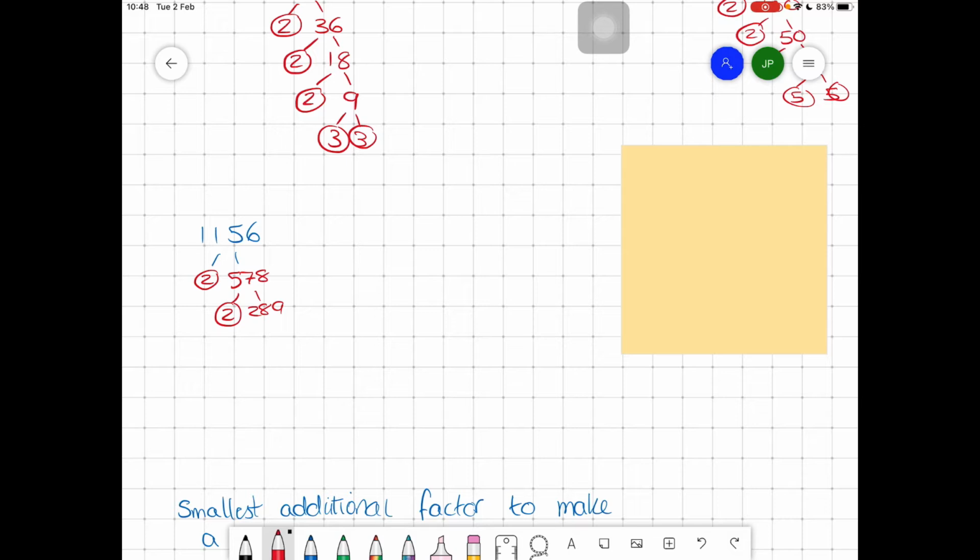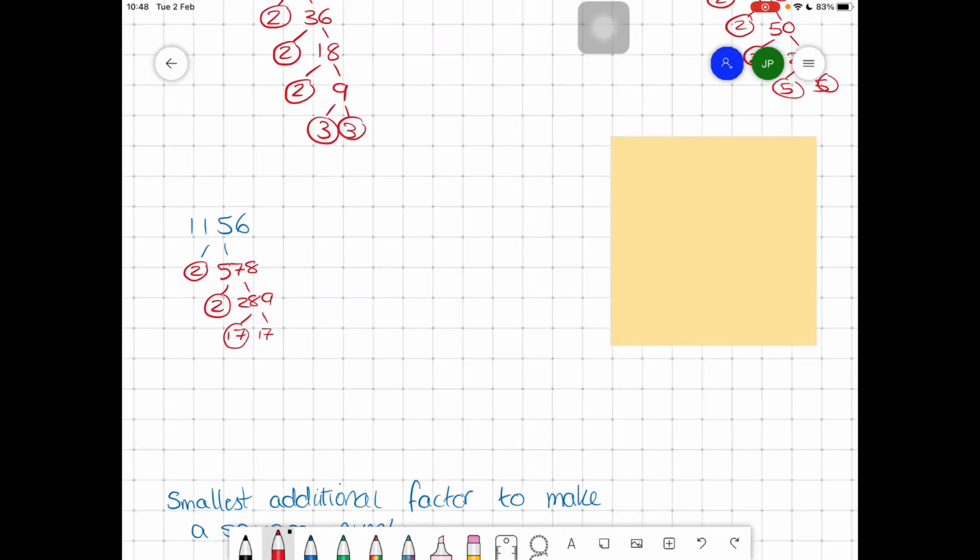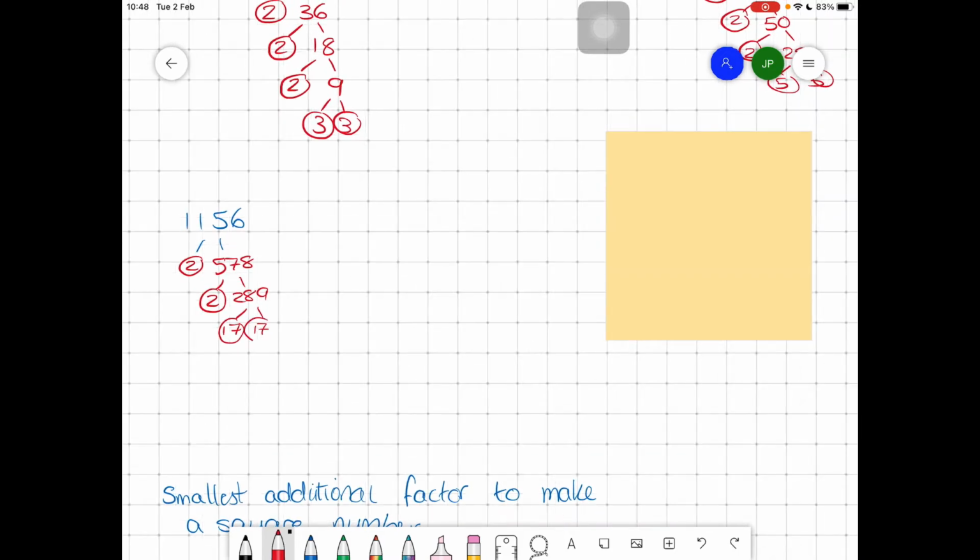It is not a prime number, but it also doesn't have particularly low factors. 289 is actually 17 squared. Now I know that's a little bit more difficult, but you have to be aware of it and keep checking these numbers. So we should have 2 times 2 times 17 times 17,